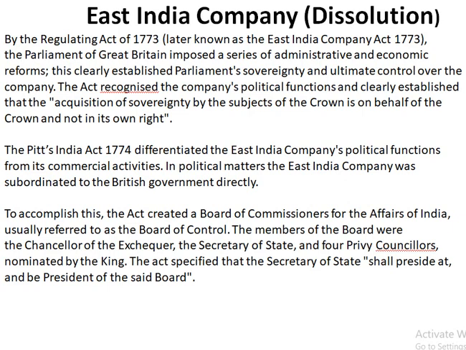There were famines in Bengal, so these activities of the East India Company shocked the British government. The British government then announced in the Regulating Act that the East India Company would not be involved in politics, but would do only trade. Acquisition of sovereignty by the subjects of the Crown is on behalf of the Crown and not in its own right. So now the East India Company was restricted to only trade, not to involve in the politics